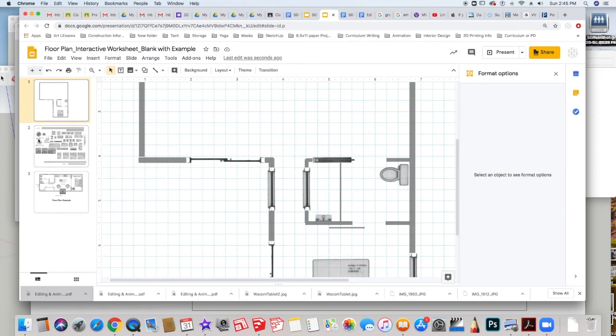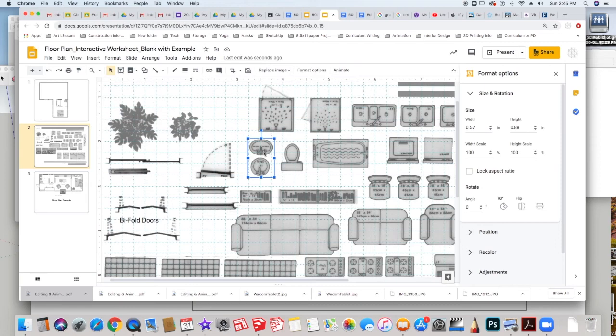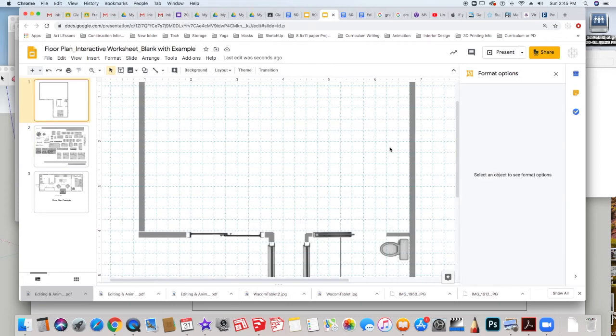Now I'm going to bring a sink in. I'm going to click the template. I'm going to click a sink here. You'll see that both of them come together, and that's okay because I can always crop them. So I'm going to say Command C. I'm going to go back over to my template, Command V.